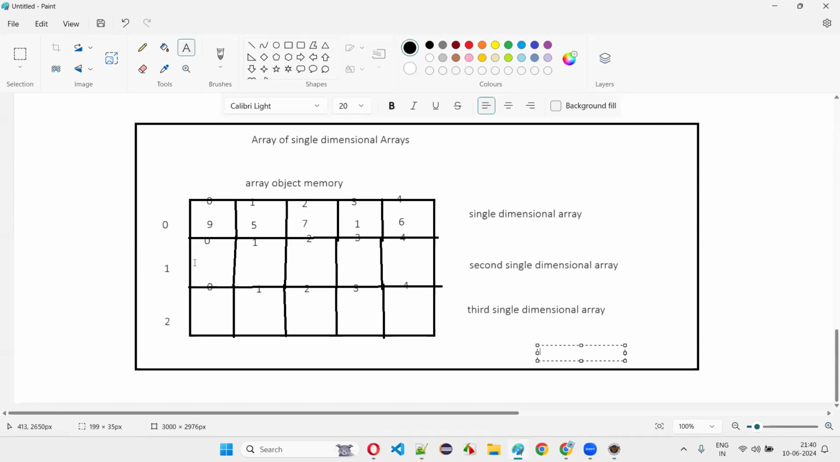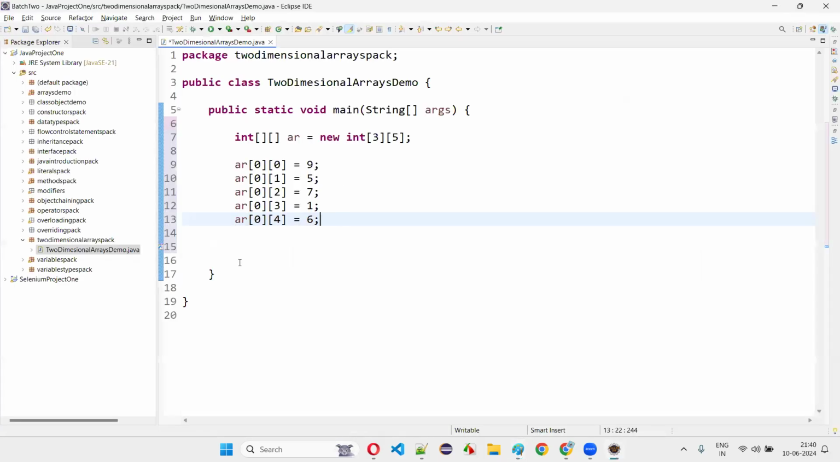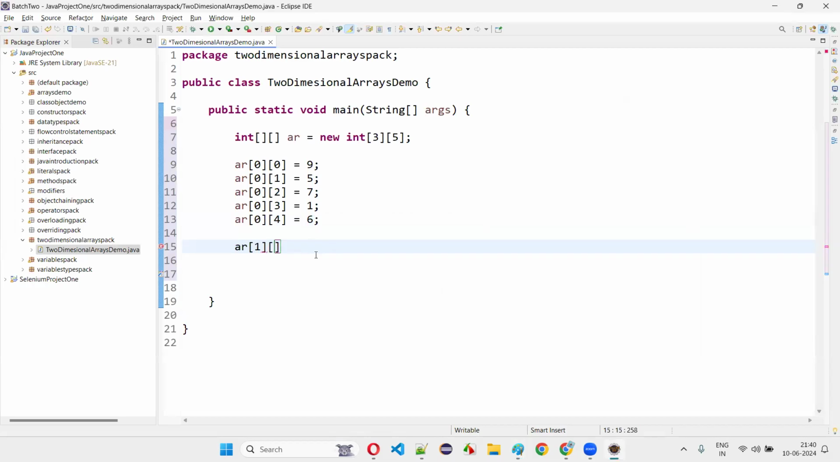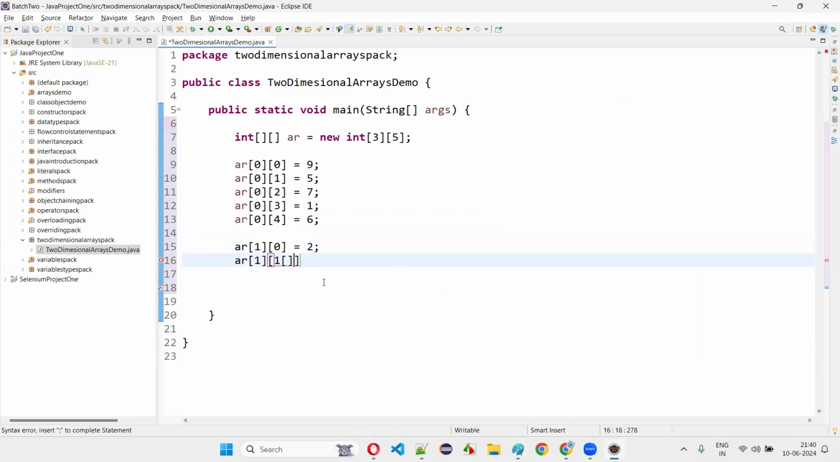Done. Now, if I want to store the elements into the second single dimensional array, the second single dimensional array has the index 1, and again 0, 1, 2, 3, 4 will be repeated. AR of 1, 0. You see 1, 0, 1, 1, 1, 2, 1, 3, 1, 4 will come. I'll just make it fast because you are able to understand, I feel. Here I'll give 2. AR of 1, 1, I'll give it as